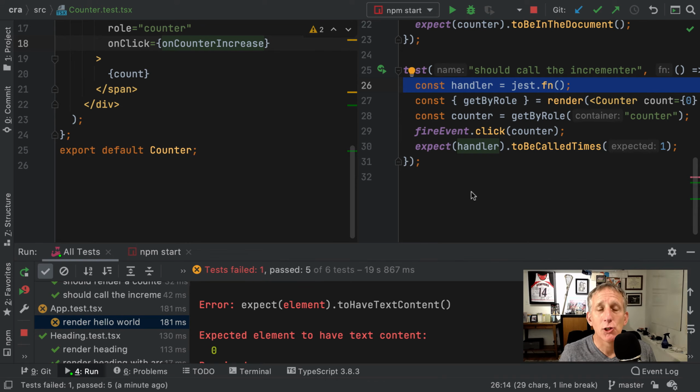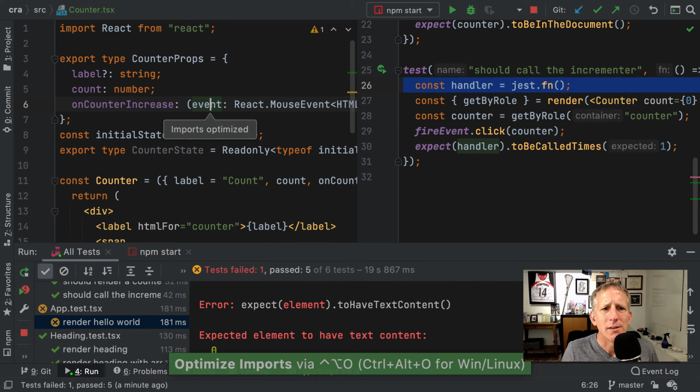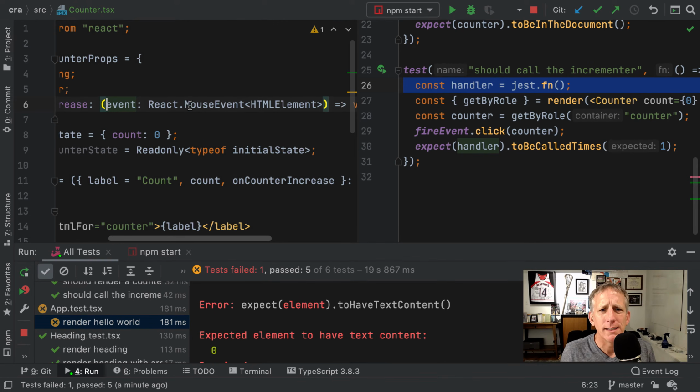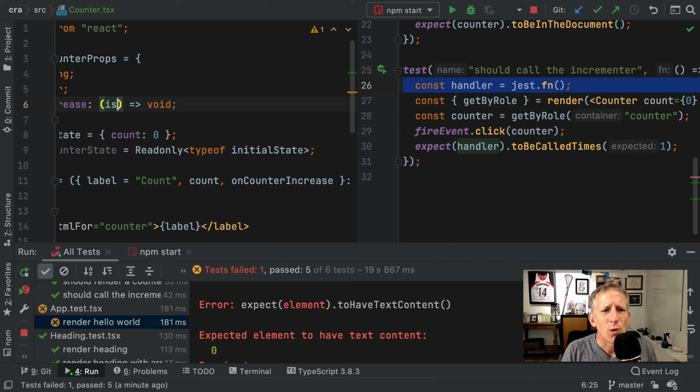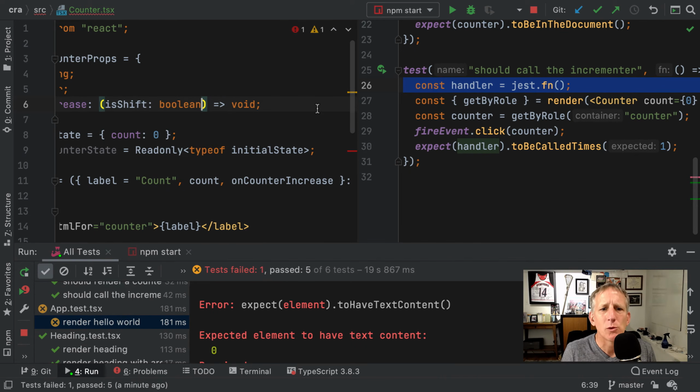Now, how can we make this a little bit better? We want to have dumb components, but we want the interface between the parent and the child to be as natural as possible. Right now, we're passing in event. That's huge. I can also get rid of component by doing optimize imports. Event's huge. Let's slim this interface down to exactly the information that we want. And all we really want is to know, was shift pressed? And if shift was pressed, then we will do our thing